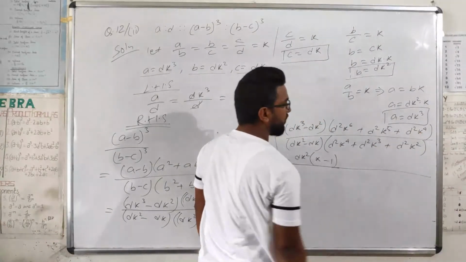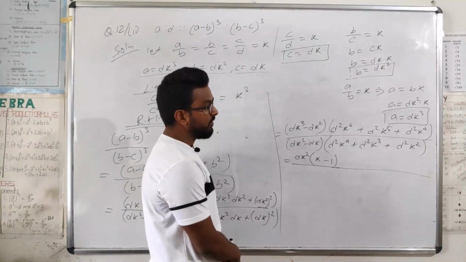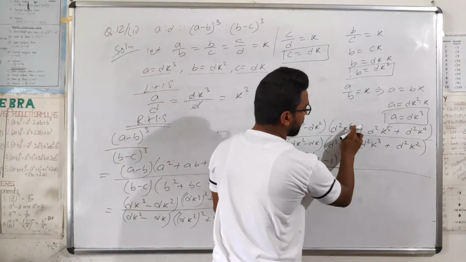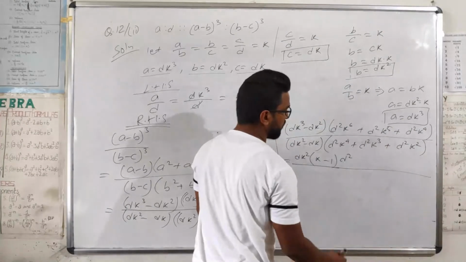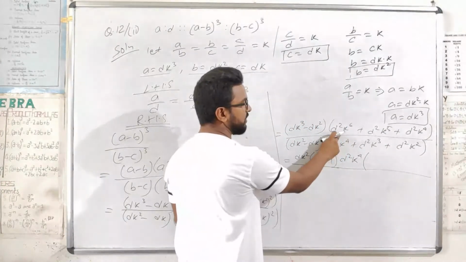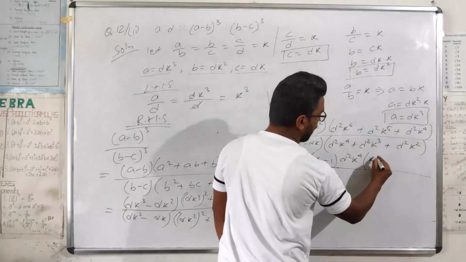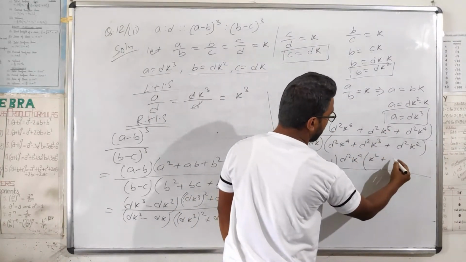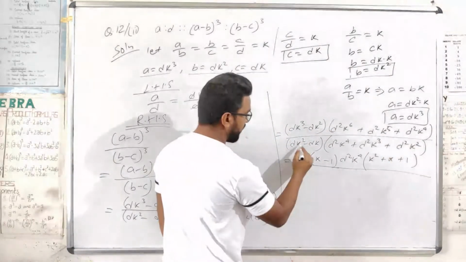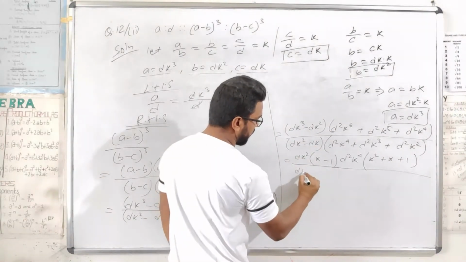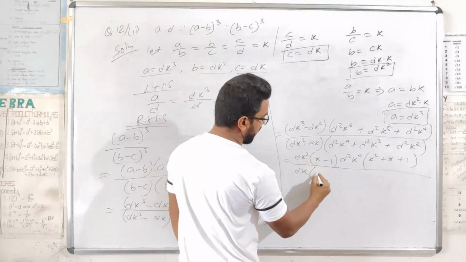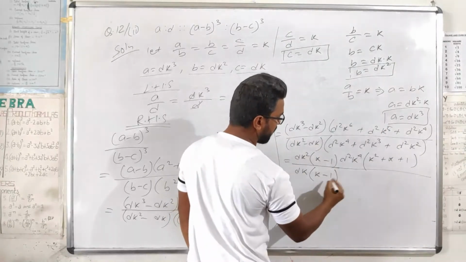In this case you see what is common? D square is common in every case, so d square, and k to the power 6 is the highest and k to the power 4 is the lowest, so you take out k to the power 4. So how many k will remain? Out of 6 if you take out 4, k square will remain, plus here it will remain k, and this will be 1. Similarly in this case what is common? dk is common, so if you take out dk, here k will remain minus here it will be 1.